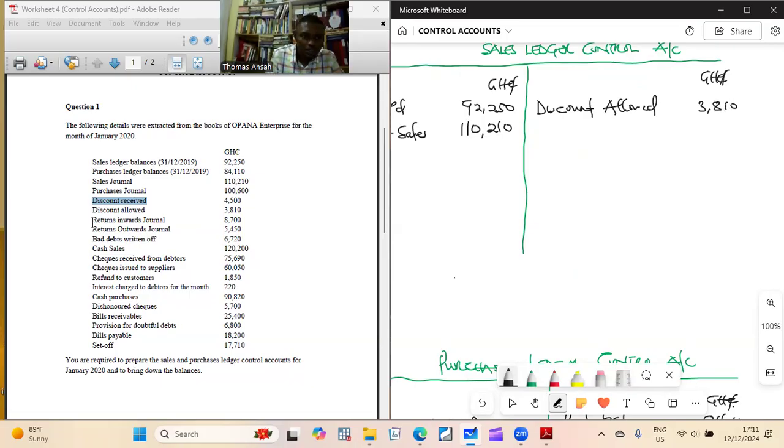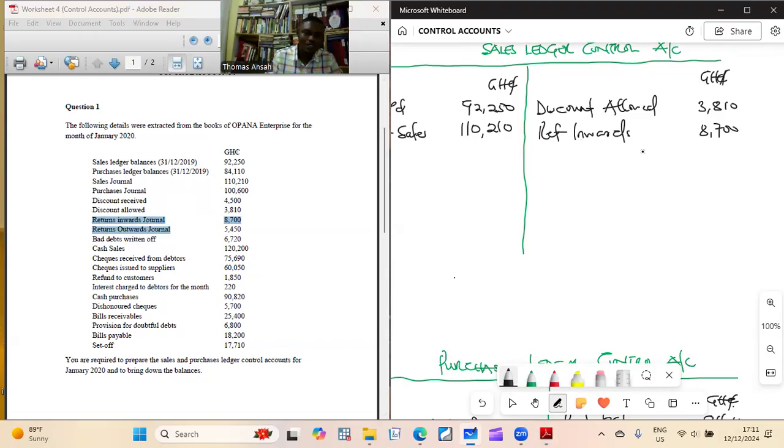That is that. Return inwards journal. You remember what it's about. So return inwards to be here, just to reduce what, because you have returned some of the things. So you're supposed to reduce your credit sales. So return inwards